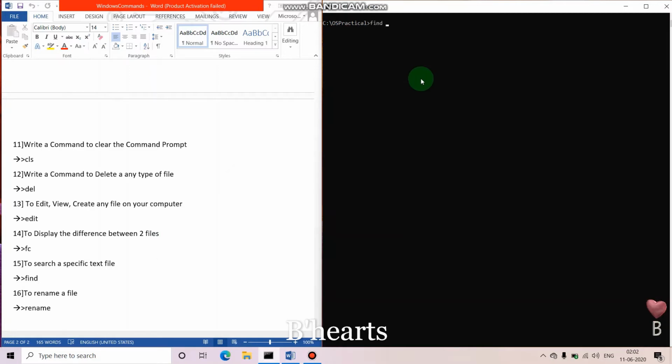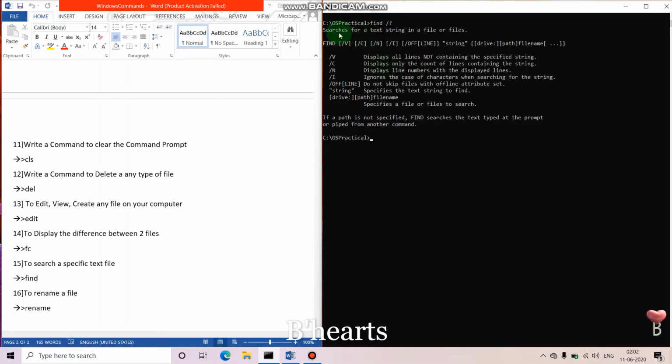When I write this command in this way, the command prompt will show the complete details of the find command. See, it searches for a text string in a file or files.